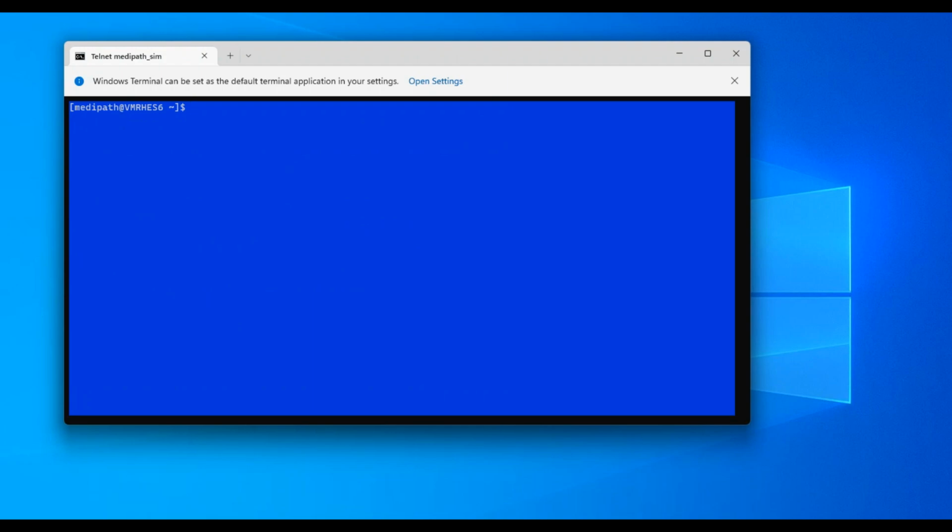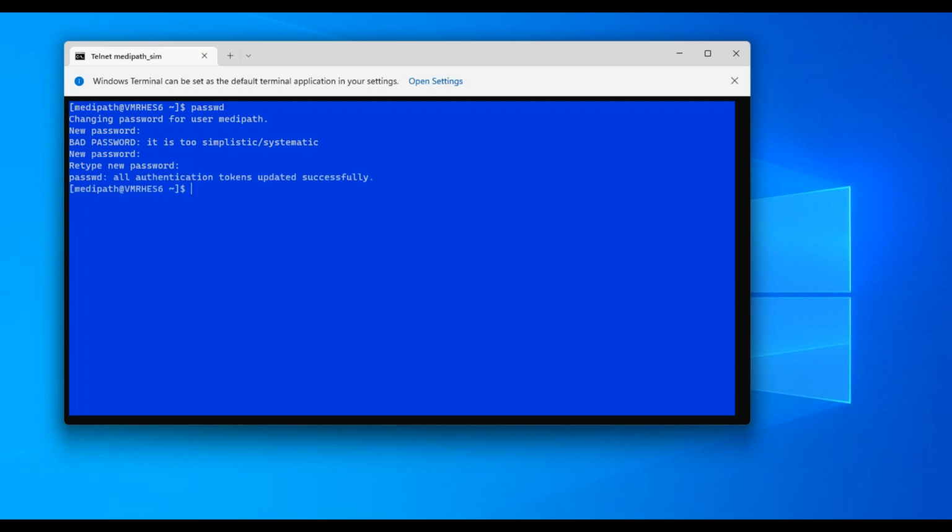Then what we need to do is use the password command to set a temporary password for the MediPath user. And if we just use password with no default, it'll ask us to change our own password. So if we give a simple password like 12345678, it's too simplistic. Okay, we'll try a better one. I'm going to put TEMP PASSWORD, temp password. And now to retype that, TEMP PASSWORD exclamation mark. Okay, and so now we have a password on the MediPath